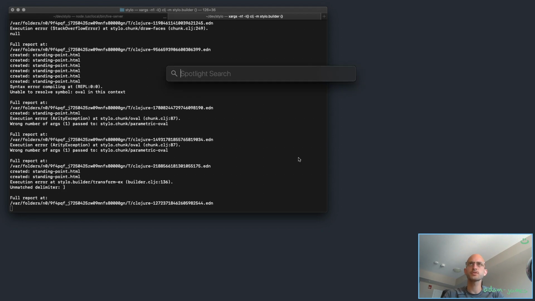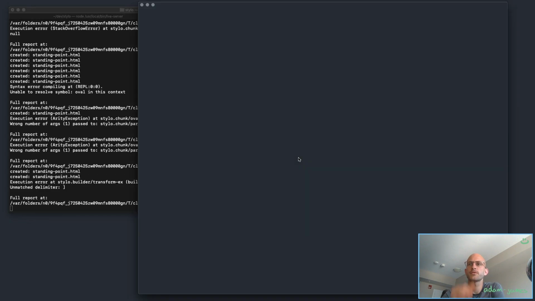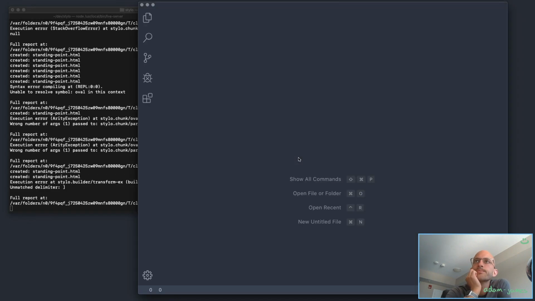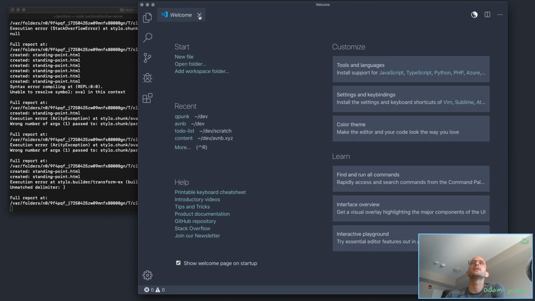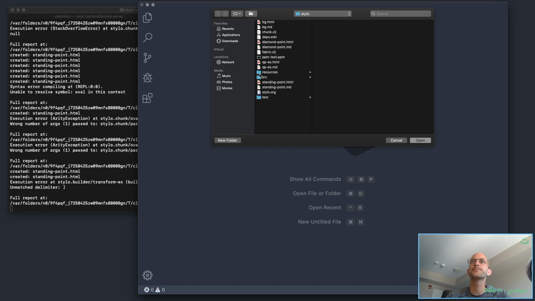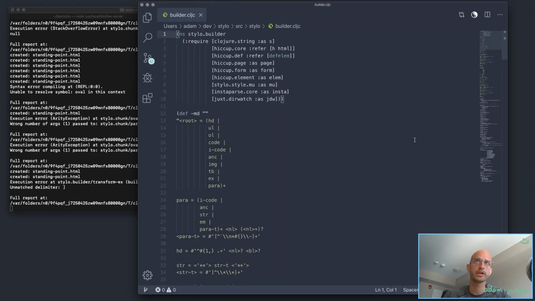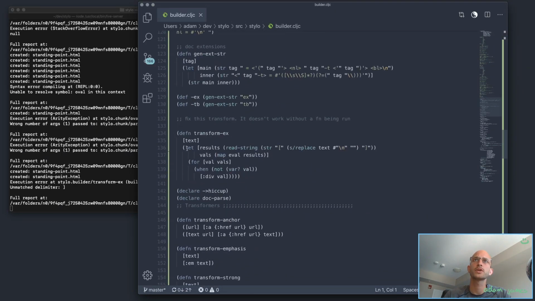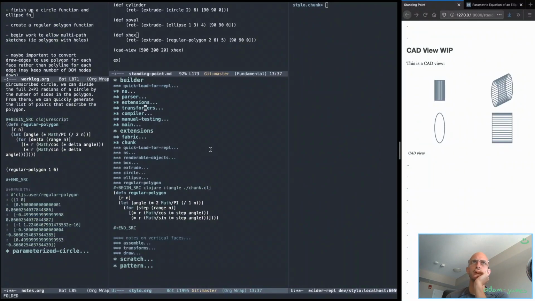Okay, let's open the file. We'll do it in VS Code because I've got enough windows and files open in my Emacs already. This is just a quick little look-see. Source, builder, open, line 136 is right here. Okay, so I've got a parsing problem. So the problem's not in here. The problem is with how I